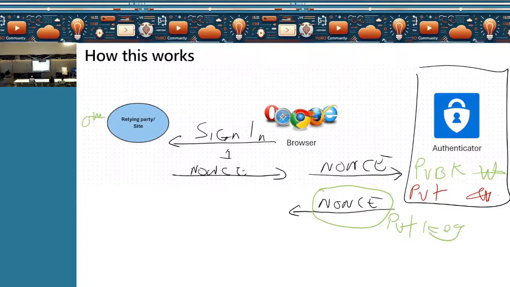Encryption is happening with the help of the private key. This is now going to go to the relying party. The relying party has access to the public key. It's going to decrypt it with its public key, because the private and public key are like a mathematical combination. This is something which is making it secure.